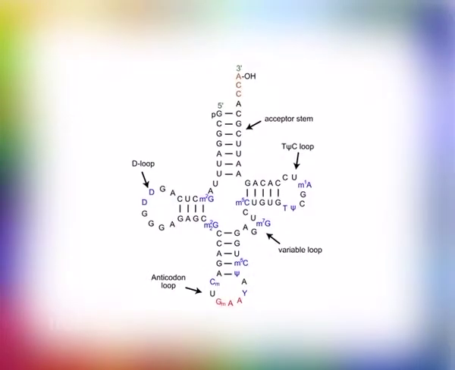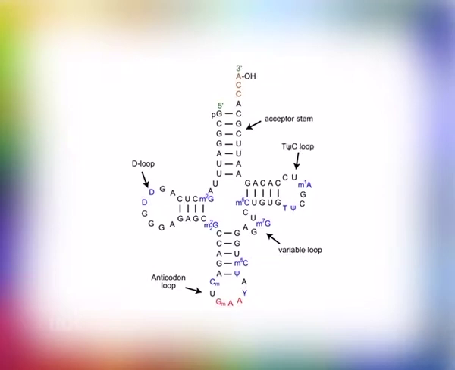The transfer RNA can be described into its primary structure, its secondary structure, and its tertiary structure. The molecular structure of transfer RNA can be depicted by the cloverleaf model. The model revealed that the chain of transfer RNA consists of 2 ends and 3 arms. 2 of the arms have loops, D loop and T psi loop.